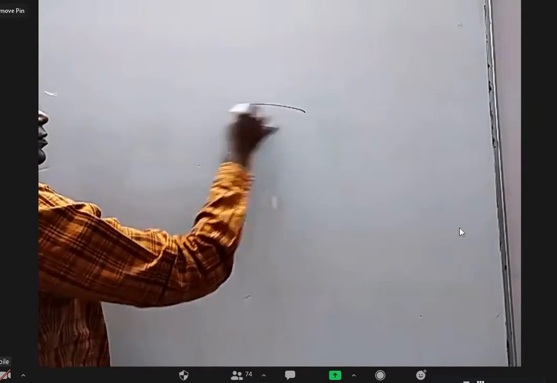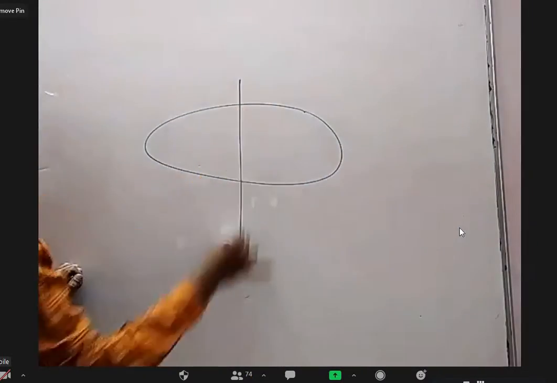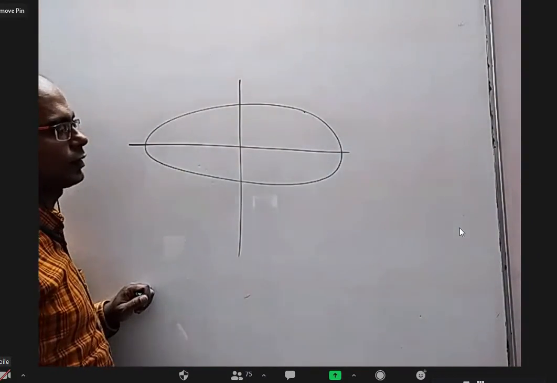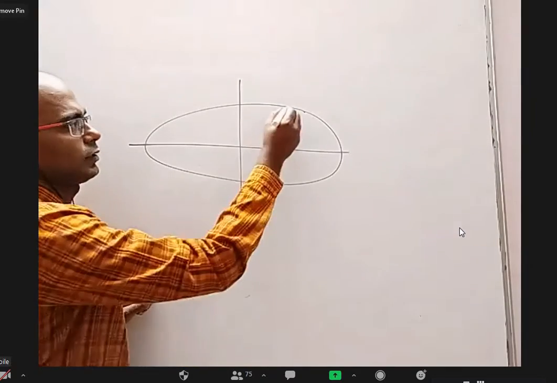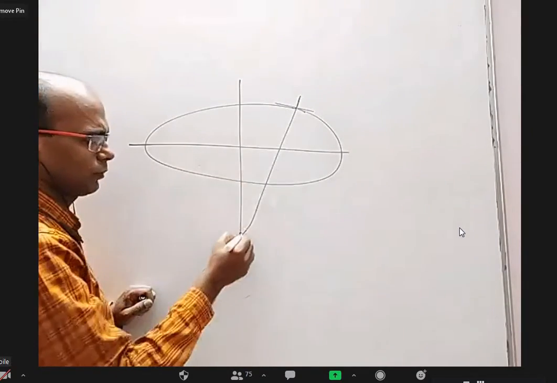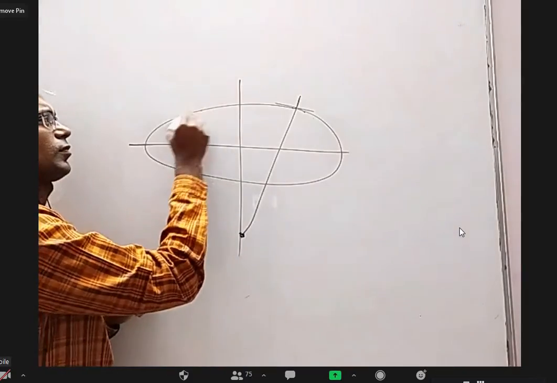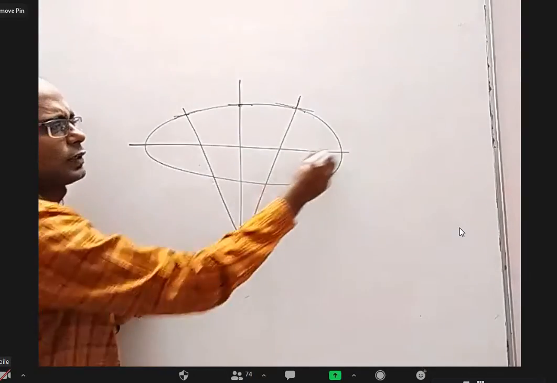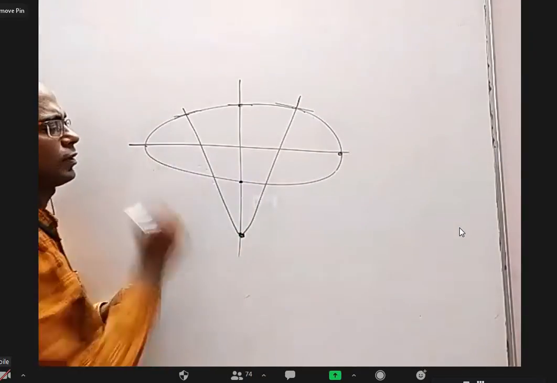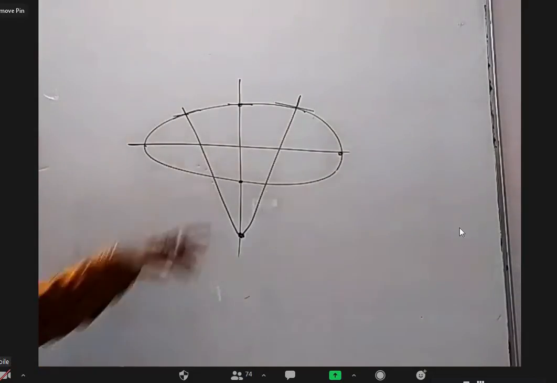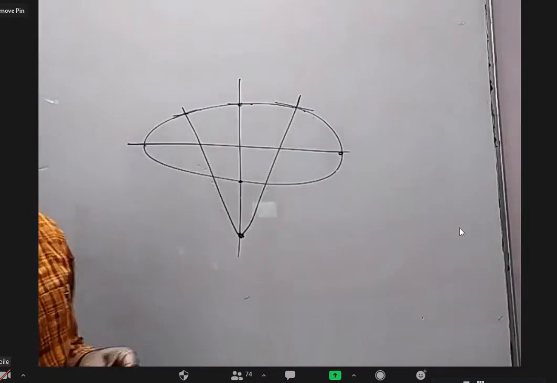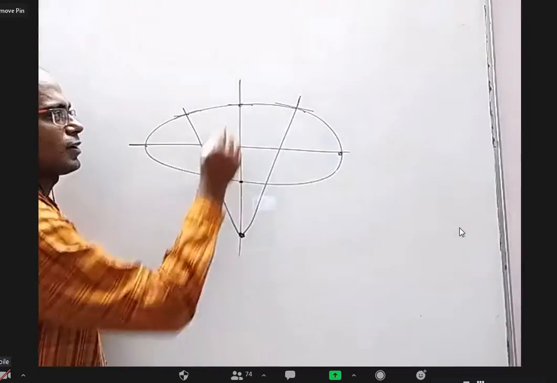Okay. By common sense, sometimes we can go wrong. But one thing I can show you is at least there are points where 3 normals are there. I'll show you. You take some point here, draw the normal. It will pass through this point. Take somewhere a normal also, I'm sure it will pass through this point. And at this point, the normal is this only. At this point, the normal is this only. So if you take the point here, how many normals of the ellipse are passing through this? 3. Okay.